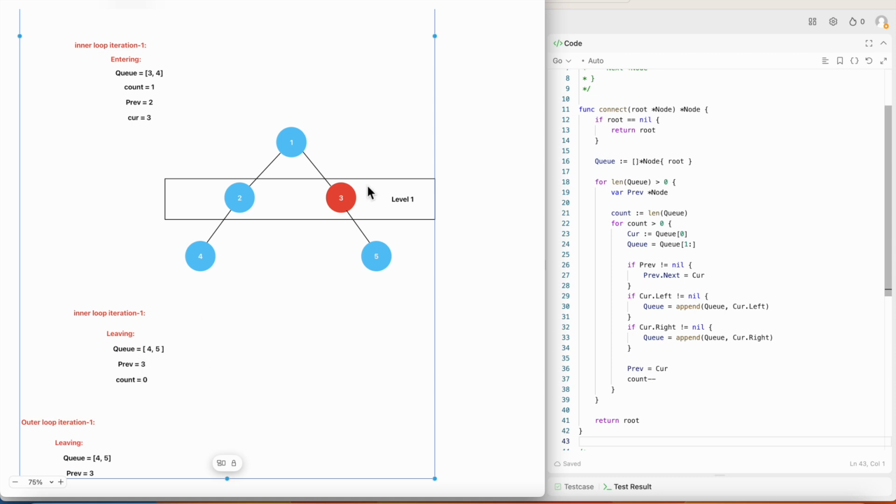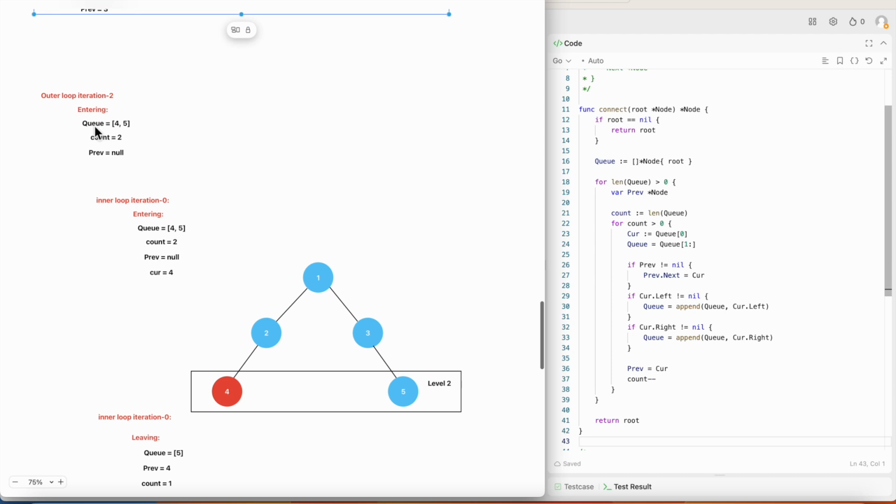pointing to 3, and the count is 0, so the inner loop will end, and then we enter the second iteration of the outer loop. In the second iteration, when we enter, the queue has 4, 5, and the count is 2, and the previous pointer is initialized with null. Then we enter the inner loop,